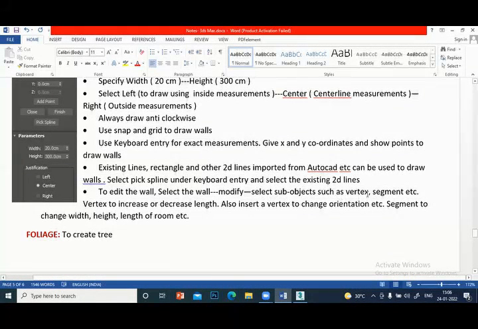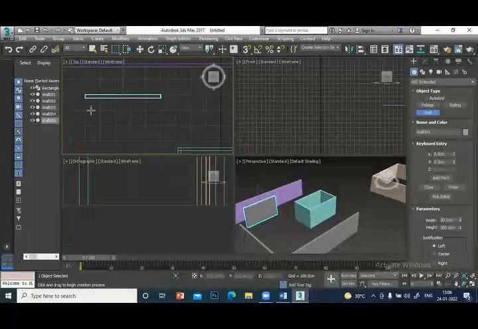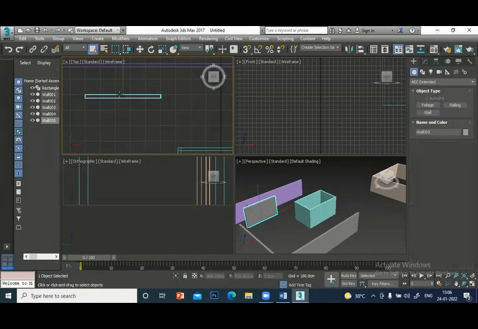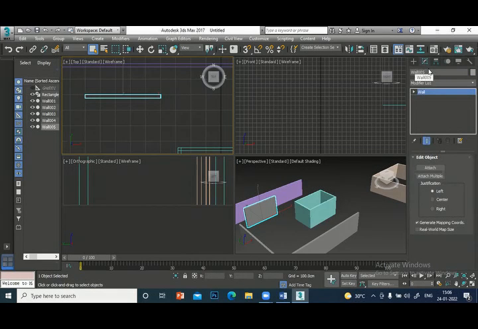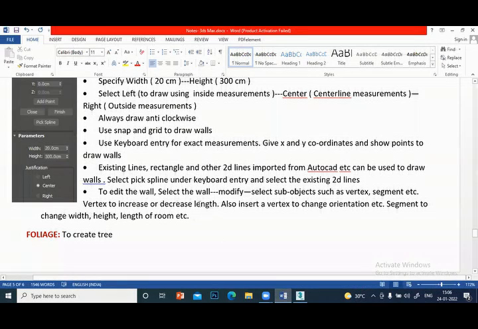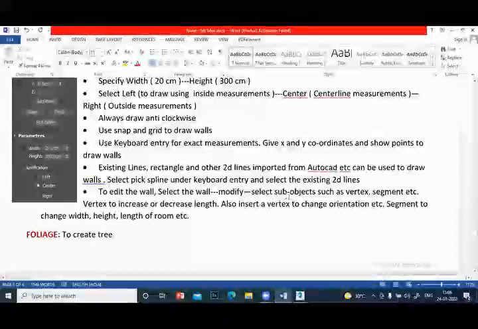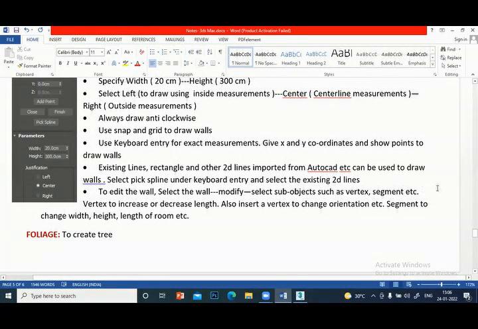Select sub-objects such as vertex, segments, etc. If you want to edit one line, select this line, go to modify, and you see here, click this arrow and you will get the sub-objects: vertex, segment, profile, etc.